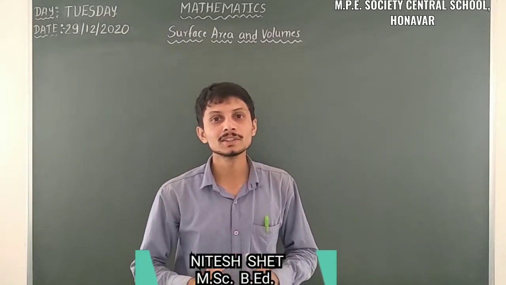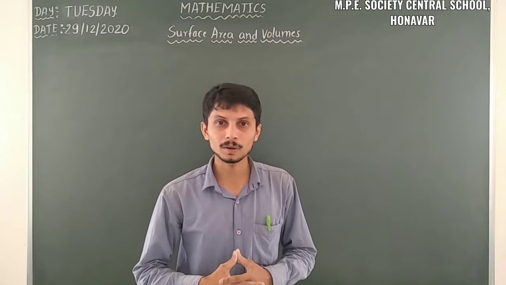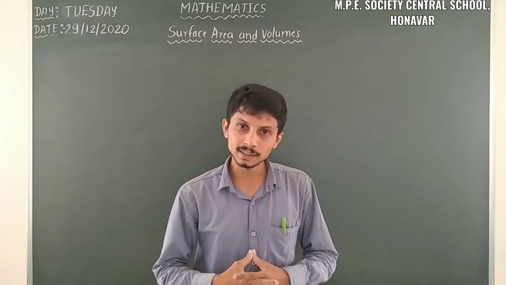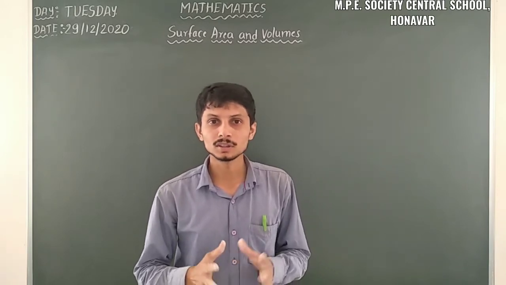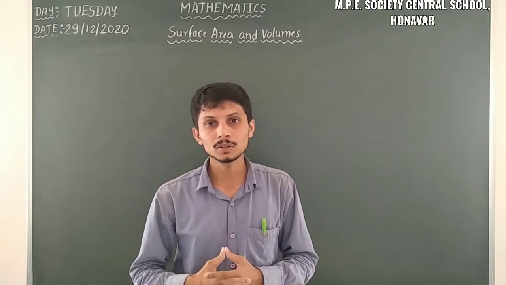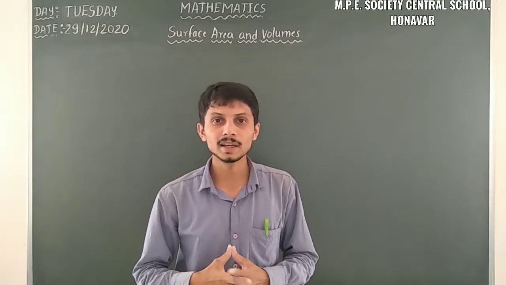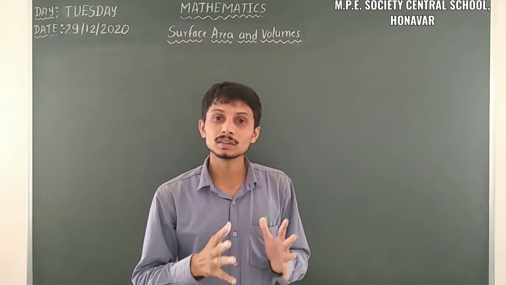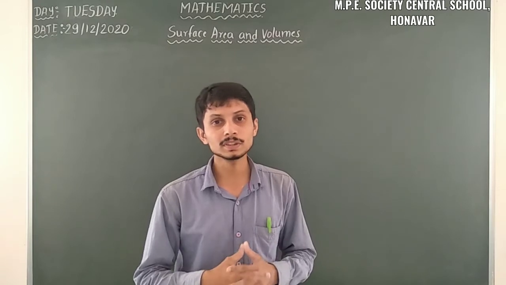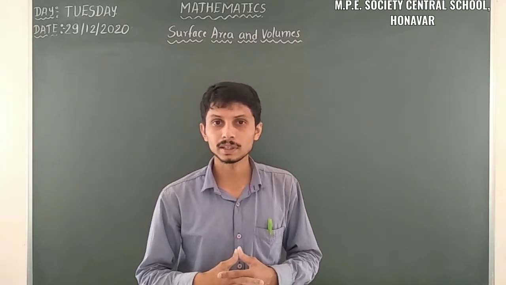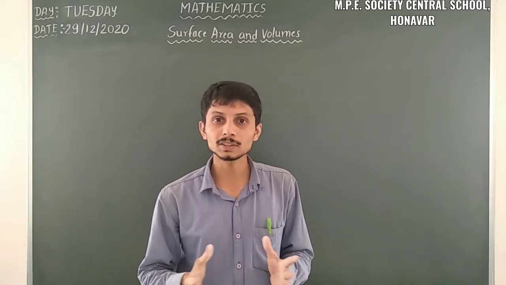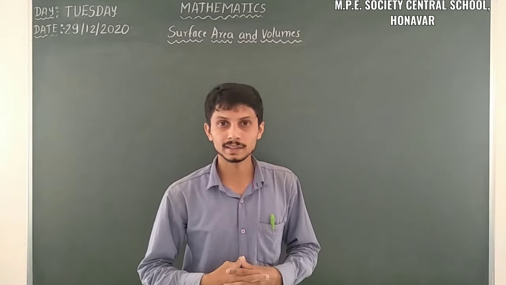I am from Manara. Last class we were discussing a topic from 9th standard, that is surface areas and volumes. In surface areas and volumes we already discussed the total surface area and lateral surface area of a cuboid and the cube, and also some problems based on that. We also discussed the curved surface area and total surface area of a right circular cylinder. We have to move on to the next type of problems based on the right circular cylinder.